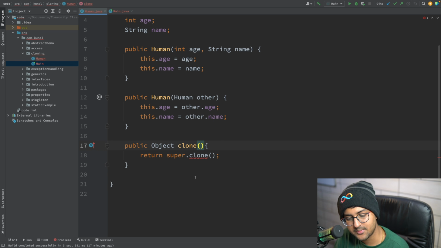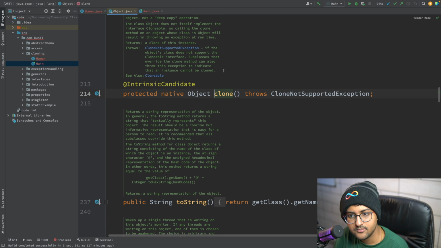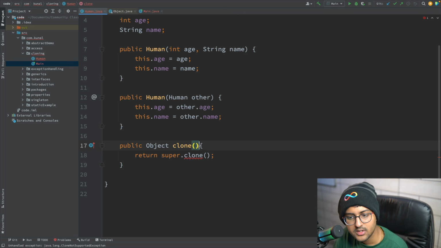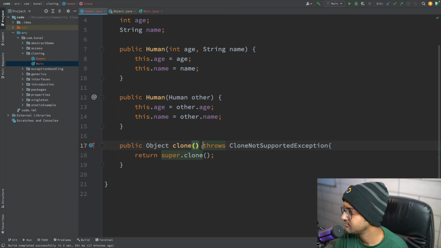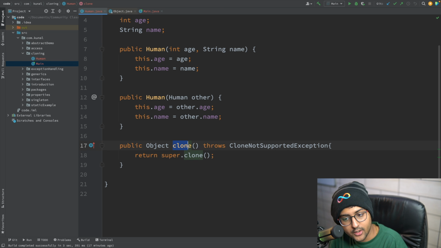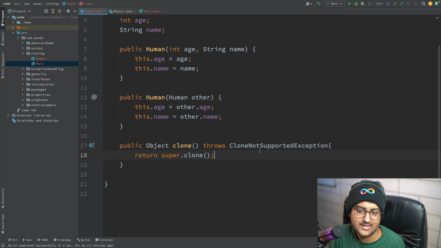So if I remove the exception, it's saying, hey, whatever you're trying to use over here actually throws some exception. So you have to specify. We already learned about throw versus throws. Whatever you use, if that is throwing an exception inside some function, you have to mention it over here, like, okay, this actually throws an exception. We've already covered this. That's pretty much it.